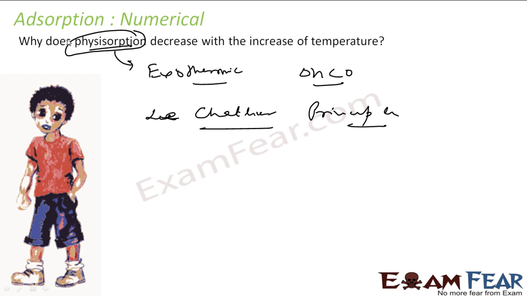Because there also, it's an exothermic process, but there you need more heat because bonds are broken and formed. So the activation energy is high. If you provide a little bit of heat, the activation energy is reached and the reaction goes faster. It's a different concept. Here, it's all van der Waals force of attraction. There is no concept of activation energy, so it's a pretty simple game. The surface energy decreases in the exothermic process, and that decrease comes out as heat. The moment you heat the system, as per Le Chatelier's principle, the reaction moves in the backward direction, and thus the rate decreases.